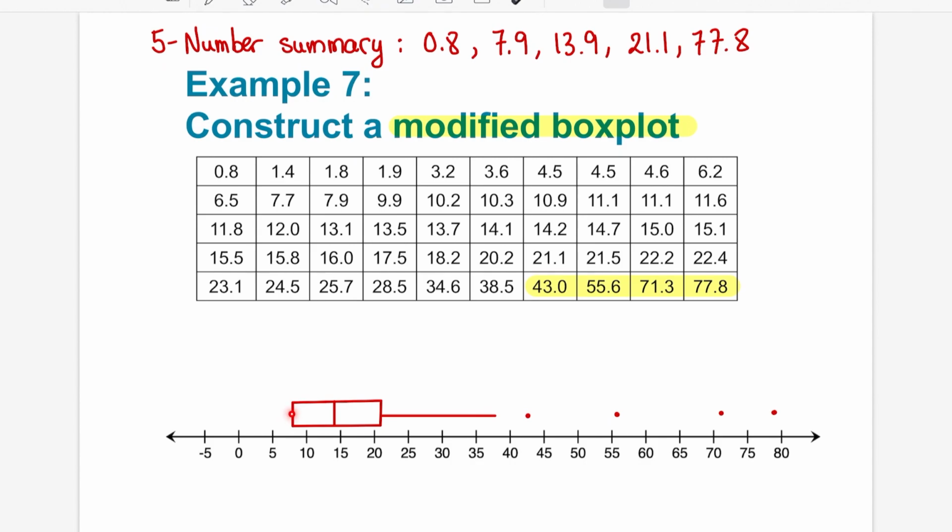On this side, I need to draw the line from Q1 to the side. Since I didn't have any outlier on the lower end, I'll still draw the line from Q1 to the minimum. And this is called a modified box plot.